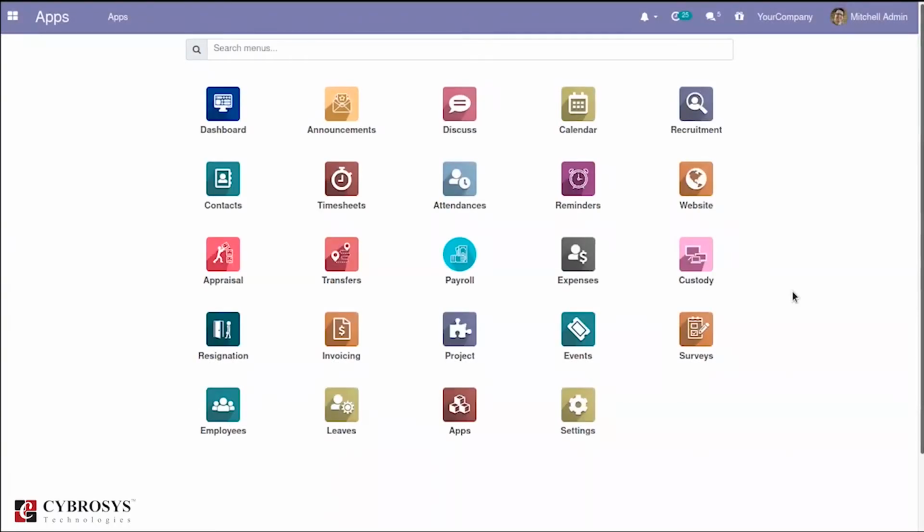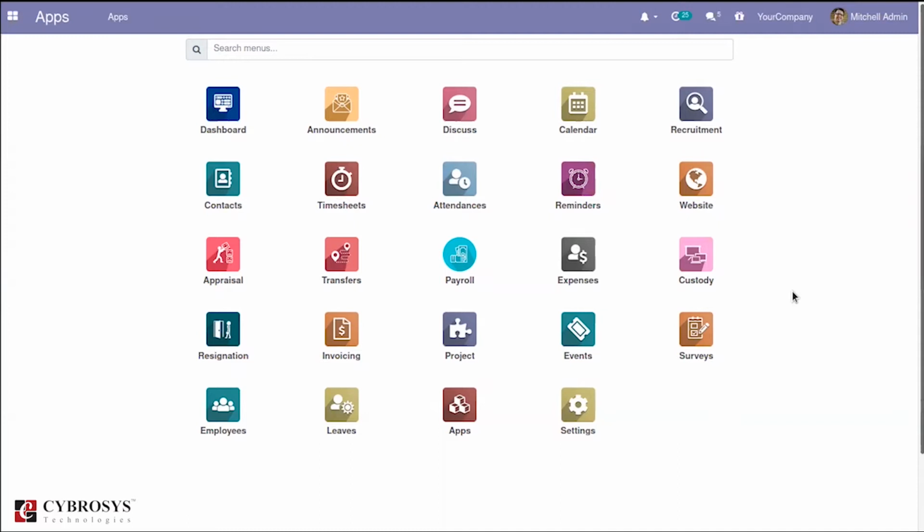Hello all. In this video, we are going to discuss the OpenHRMS Employee Appraisal Module. OpenHRMS is an open source HR management software that envisions building up a happier workspace. OpenHRMS is well suited for both small as well as large size enterprises. The OpenHRMS module is self-sufficient in managing as well as solving every hurdle that you face in your HR management path. So this video is all about the OpenHRMS Employee Appraisal module.